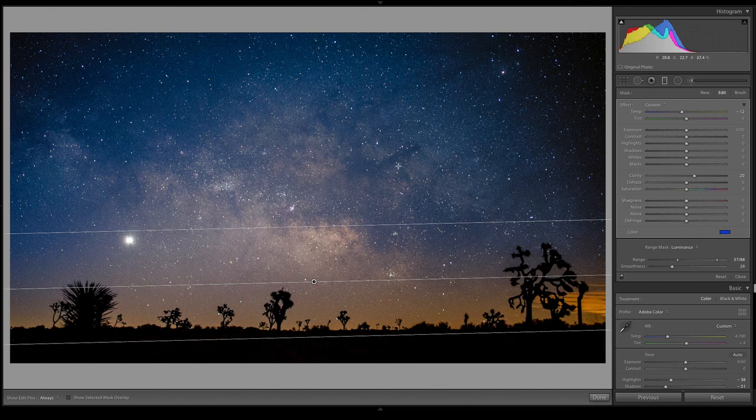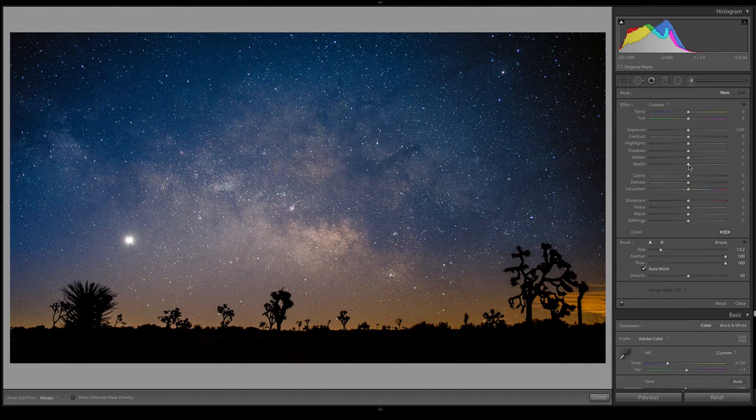All right, so one thing you see is that in the middle of this image, we have all these stars. It's a little bit cloudy. So I might use a brush. I'm going to take my brush. All the settings are set. I'm going to turn off auto mask. I'm just going to brush in the middle of this image just so I can edit this part of it. My density actually could be up at 100%.